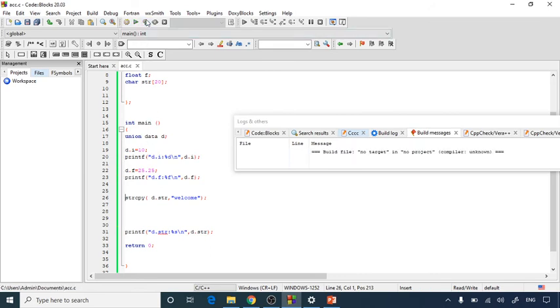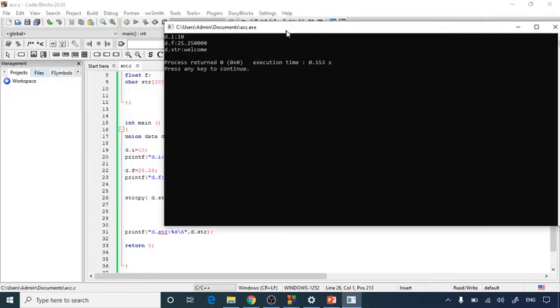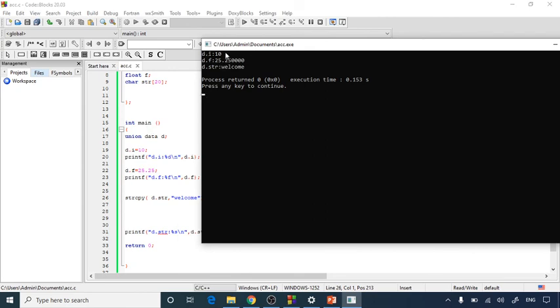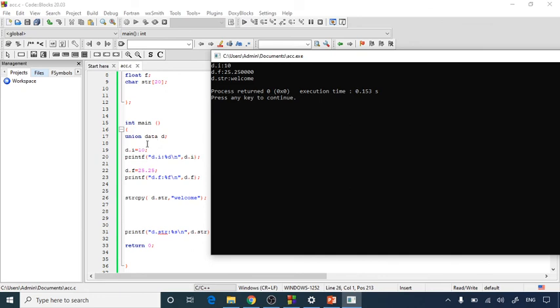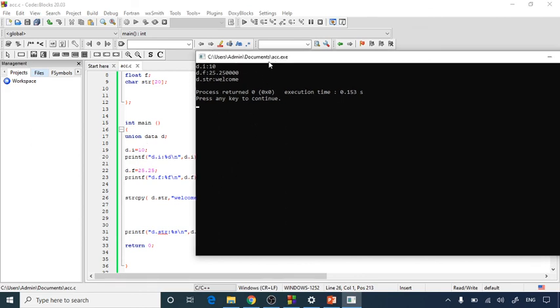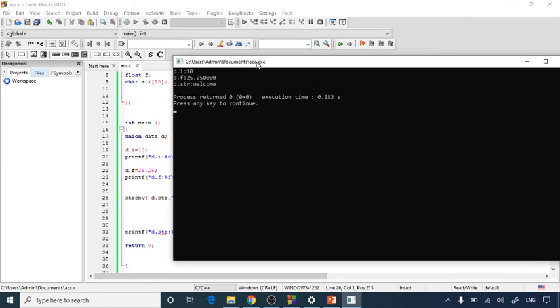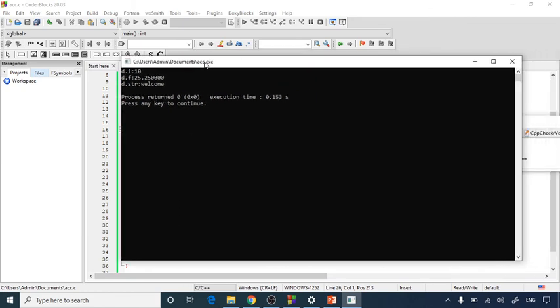So let's build and run this file. Now you can see that 10 is the integer value, then 25.25, because when the program control comes here, it will take this value and that memory location only, and show that value. After the printf statement is executed, it will jump to this line, take this memory location, and print 25.25. Then it will jump to the string and take that memory location. So program control goes line by line. This way you can access union members smoothly.